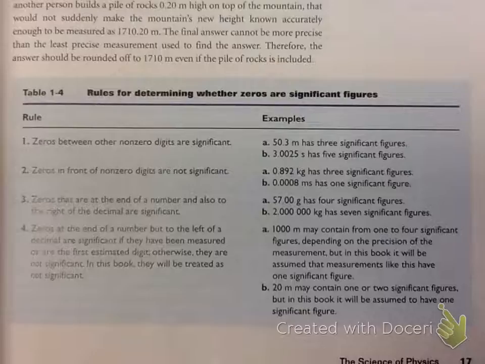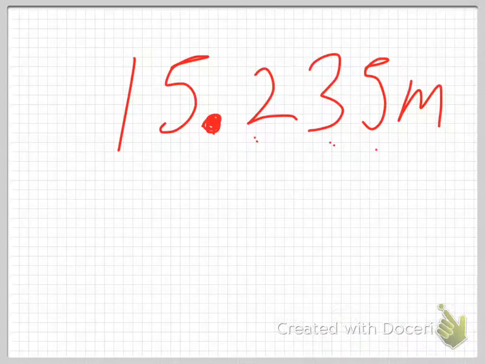the rules for zeros. They are in your book. If it's between two non-zeros, it's significant. If it is in front of non-zeros, it's not significant. If it's at the end of a number after the decimal place, it is. If it's at the end of a number before the decimal place, with no decimal after it, it isn't. Check those. I posted the videos on Classroom. Did you all see those? The section review,